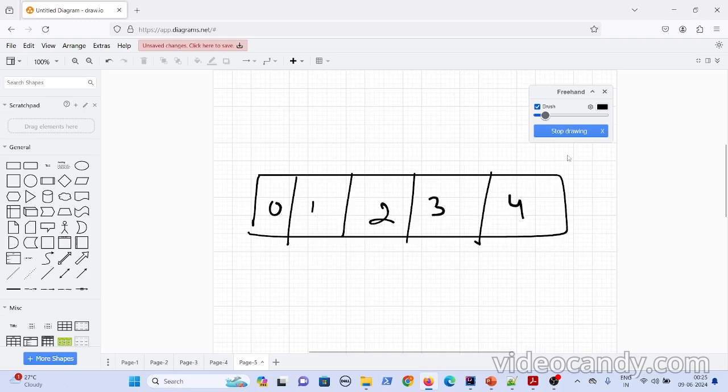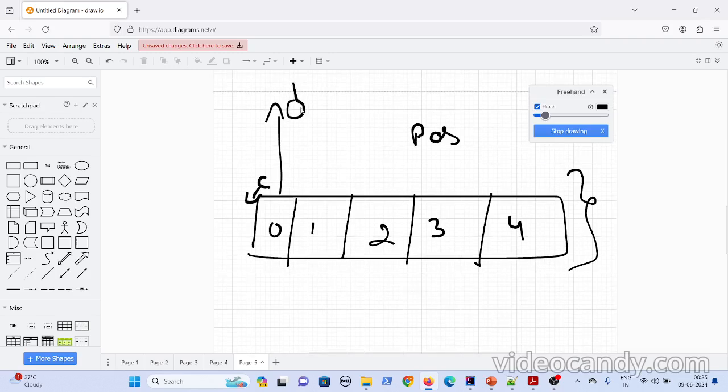In your iterator you have all this list, but there is a cursor or a position variable in this iterator. Let us consider this is a cursor. Initially the cursor is placed at the start of the index. Now when you ask for the element, it will give you only this element. After giving this element, it will shift the cursor by one position. Now your cursor is at 1. Now you fetch that element 1.